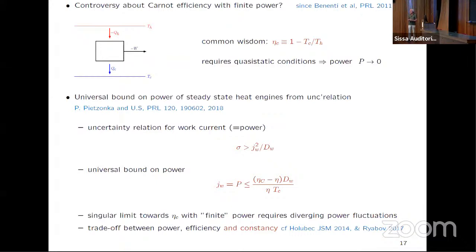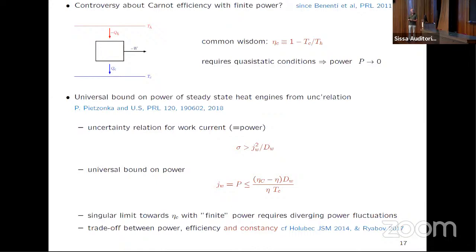Pre-2011, I would have thought, no, that's impossible. Carnot efficiency requires quasi-static motion, i.e. infinite cycle time, i.e. no power output. But then there was this beautiful PRL by Casati and Giulio Benenti and Keiji Saito, who pointed out that in systems with a magnetic field, where the Onsager symmetry of the off-diagonal elements of the Onsager coefficients is broken, in such systems, if you just use this 60s style linear reversible thermodynamics, you find that it might be possible, or it's not excluded, to have Carnot efficiency at finite power.